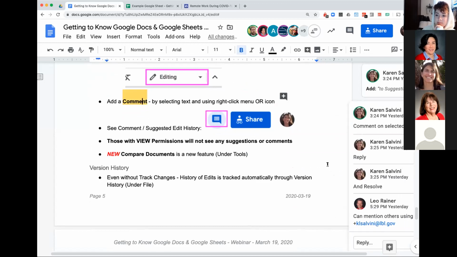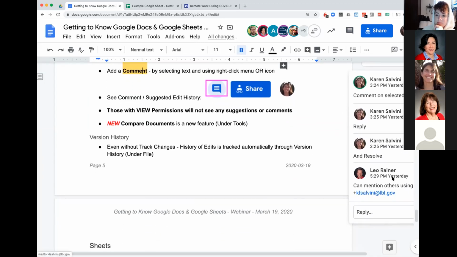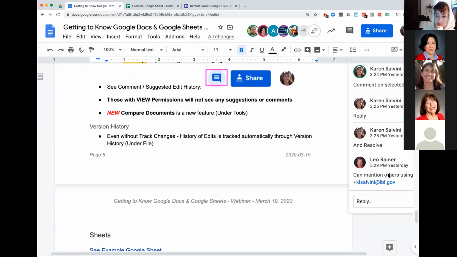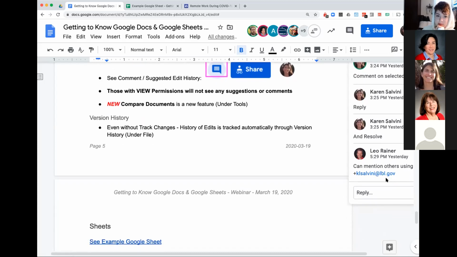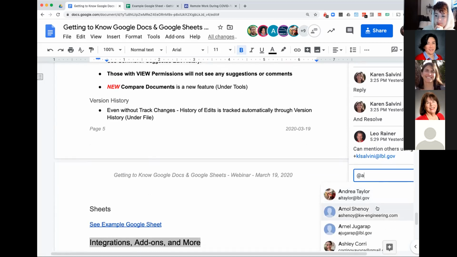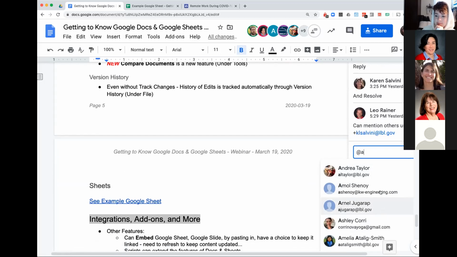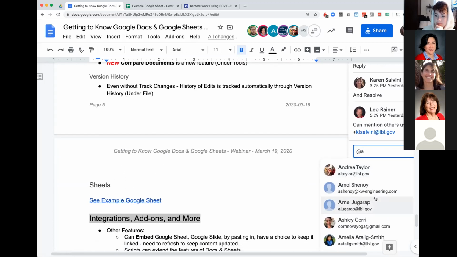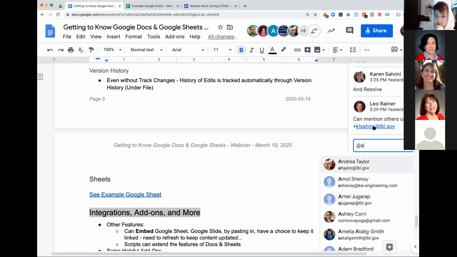And one thing that is kind of nice to know is if you want to call somebody's attention in a comment, you can use @. So add in their email address, and as you start typing in their email address, you can see that I get options just like if I were typing in an email, and you can select somebody, and then it makes a link to them.